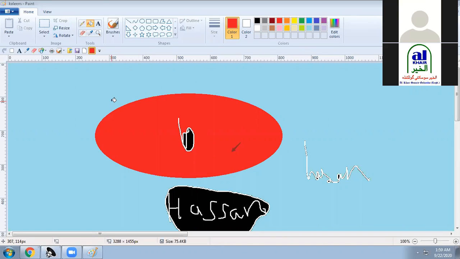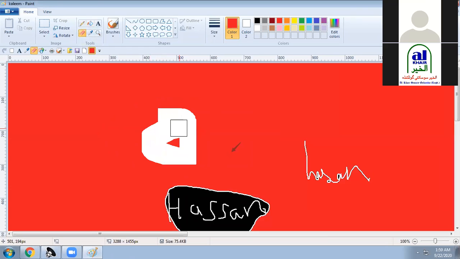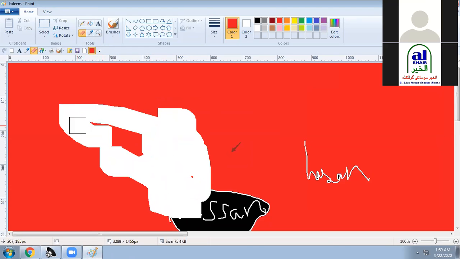It is very easy, dear student. I showed about the Control Z. To maximize the rubber, wait, I want to take this to delete. Okay, I took the eraser. I have taken this, so this is how I erase. To minimize or maximize this rubber, I want to minimize this: Control and minus. Keeping my finger on Control and pressing minus, it will get minimized. If I want to enlarge it, Control plus.